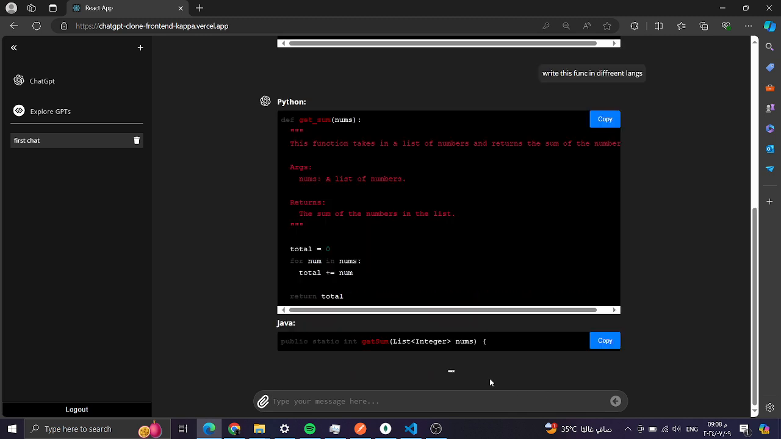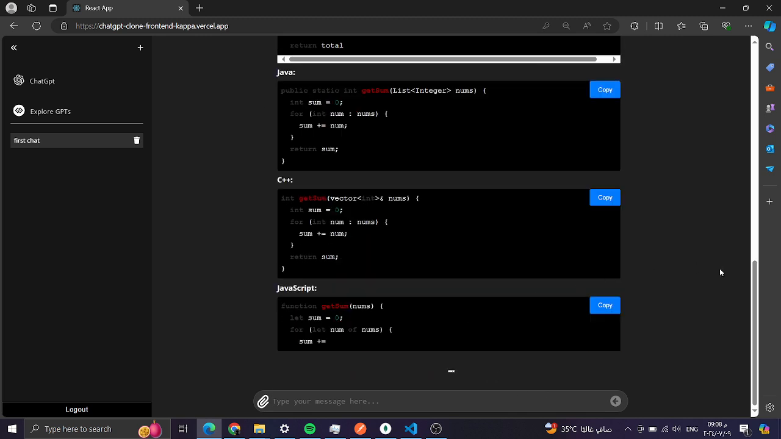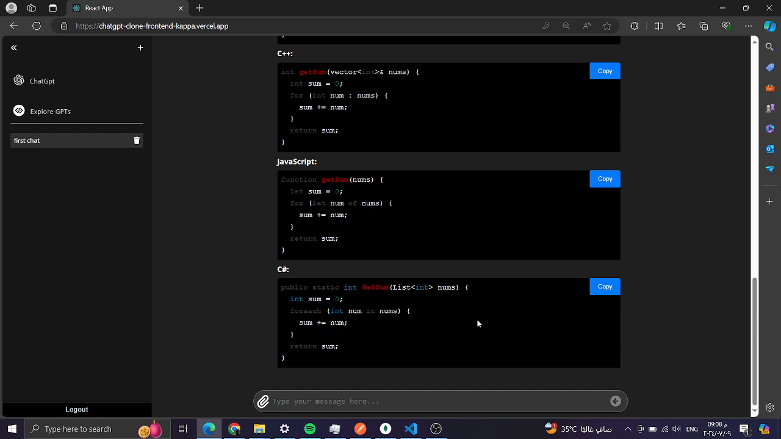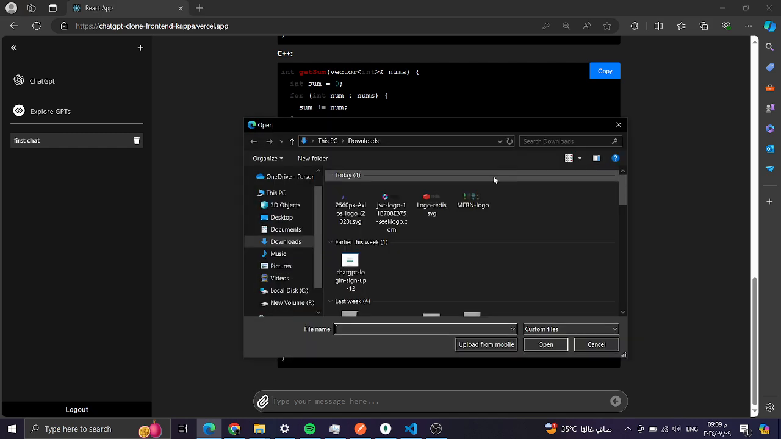As you can see, it has generated this function in different languages, in C# for example, to get the sum of different numbers, and I can copy this code really easily. Not only this, but I can give him some pictures, some images. So I can pick an image here,